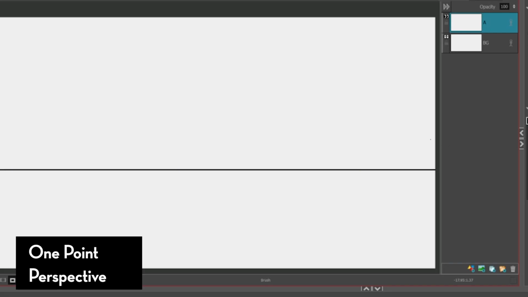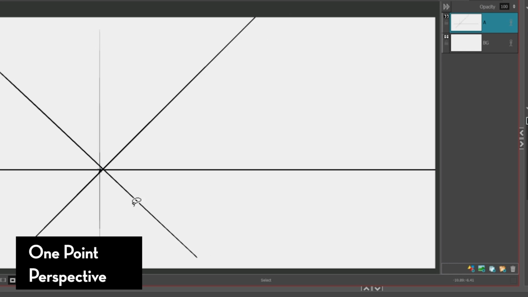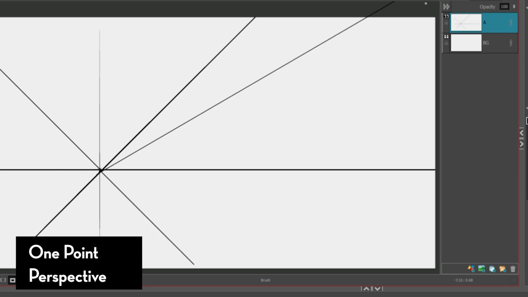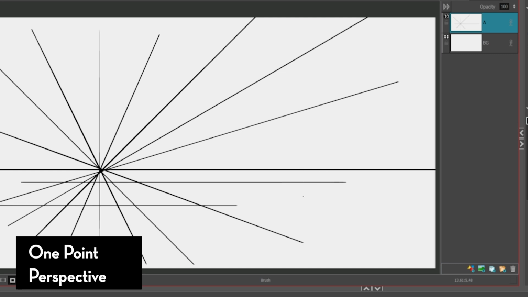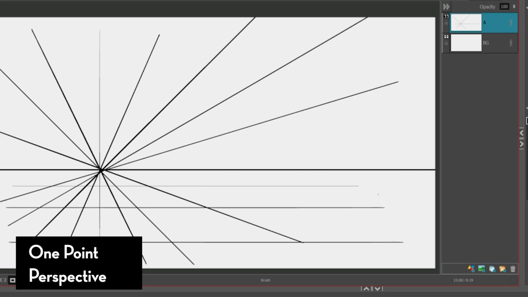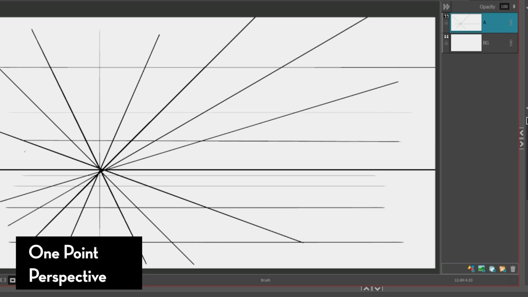First, let's indicate our horizon line, or our eye level. Next, let's indicate a vanishing point in this drawing. You can put it anywhere you want on the horizon line, but I'm going to put mine somewhere offset to the left. Then I'm going to indicate my grid lines converging to this point. Next, we're going to put horizontal lines below and above the horizon line. The closer we are to the horizon line, the smaller the spacing these lines get. As you can see now, we've established a bit of depth. Maybe it's not the most accurate, but it's enough to work with. Again, we can do the same thing with vertical lines, now giving more information of depth.